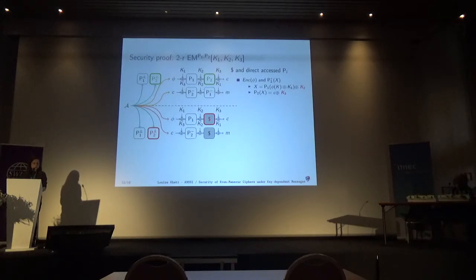We will have the same for the output, so the output will be P2 of x here, and the output here will be C XOR K3. Once again, if the adversary succeeds to trigger such a collision, it is reduced to guessing K3. And he can do this when he's asking a forward query to P2. We'll have more or less the same behavior, because P2 plus and P2 minus share the same list. But he can also trigger this collision if he asks a decryption query.